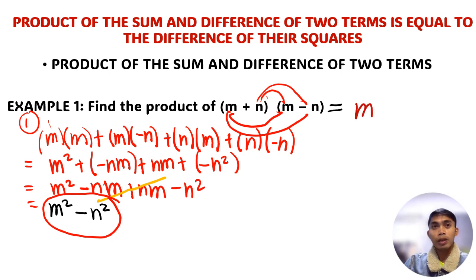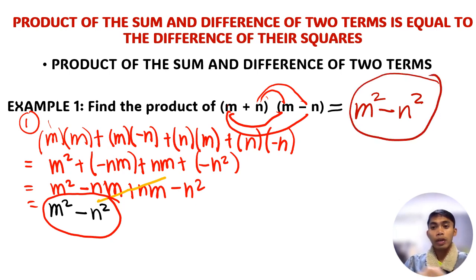That is another way of getting the answer directly. Copy the first term, the common term is m, then minus, copy the second term, the common term is n. So simply we need to square these two terms, put a square on the two terms. So therefore directly we can say that this is our final answer